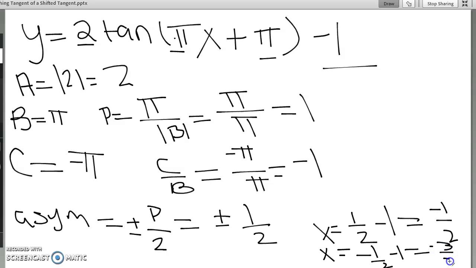I'm already running out of space, so I might go to a new page. What else do I need? So I have asymptotes. I know that this is where my asymptotes will be. I also need